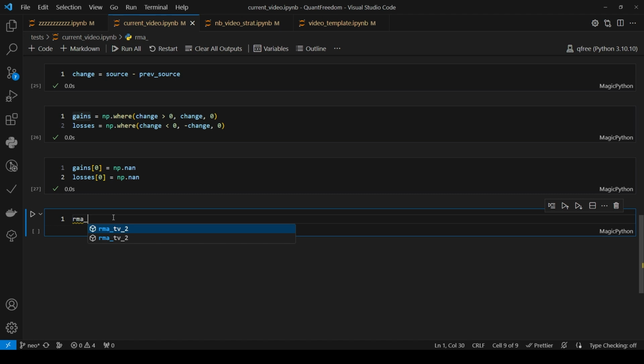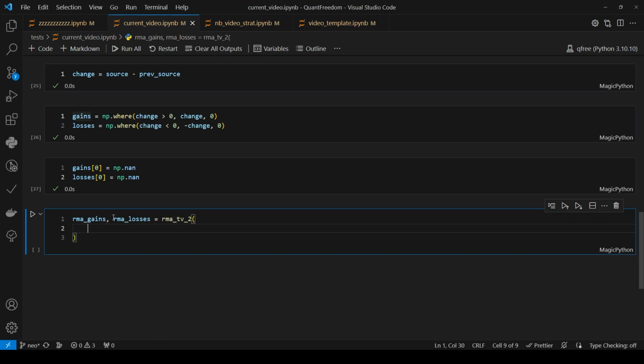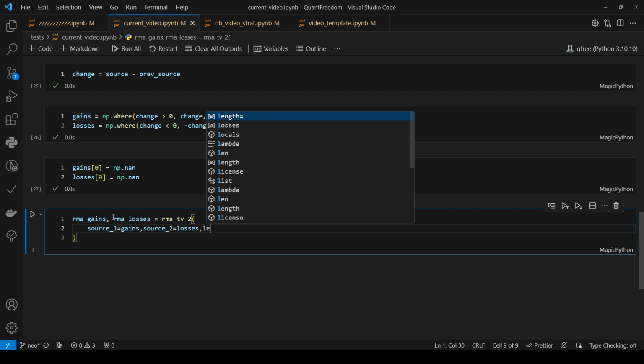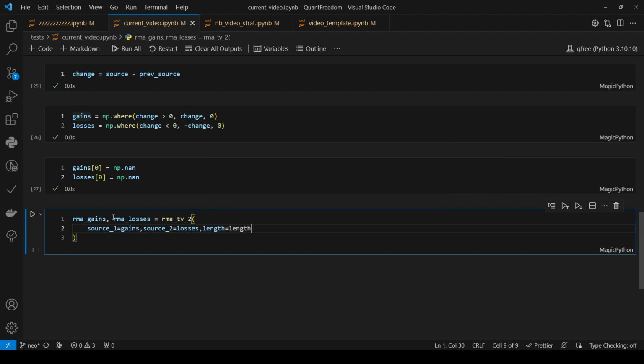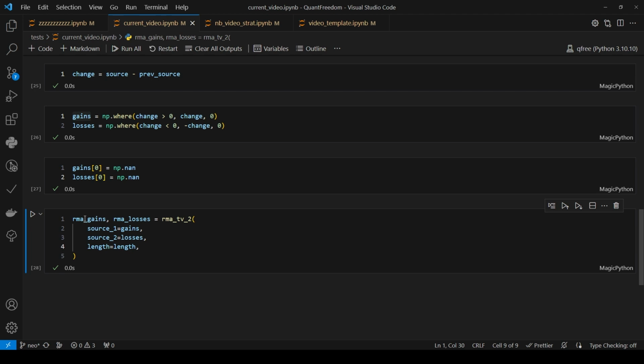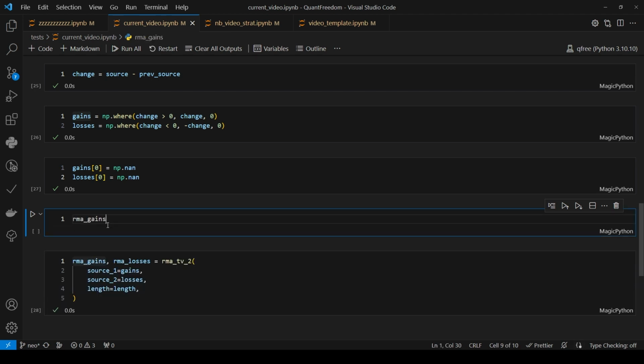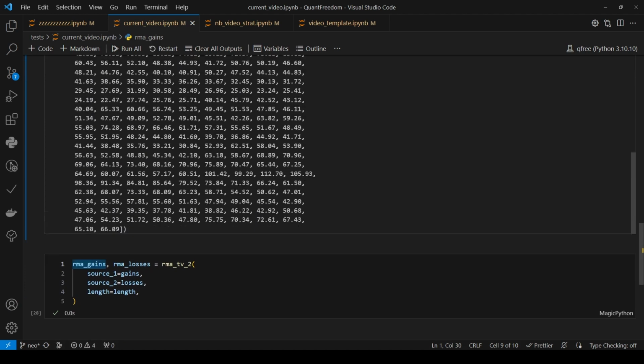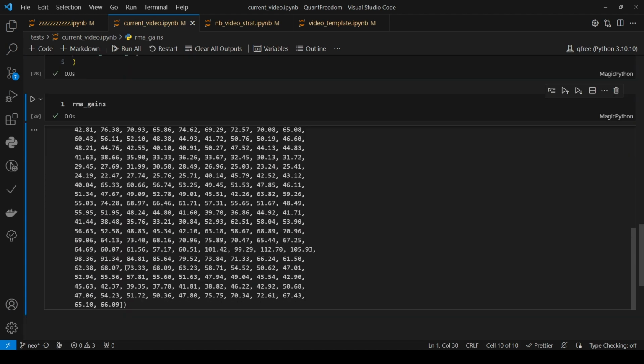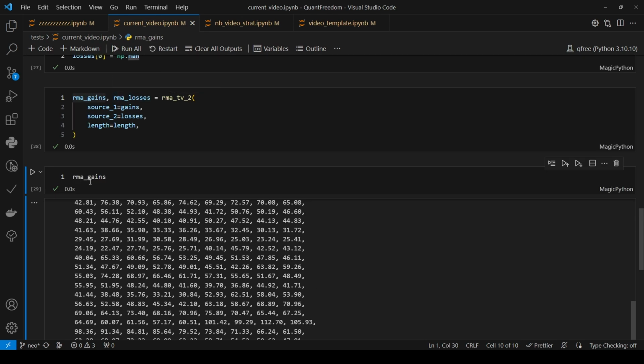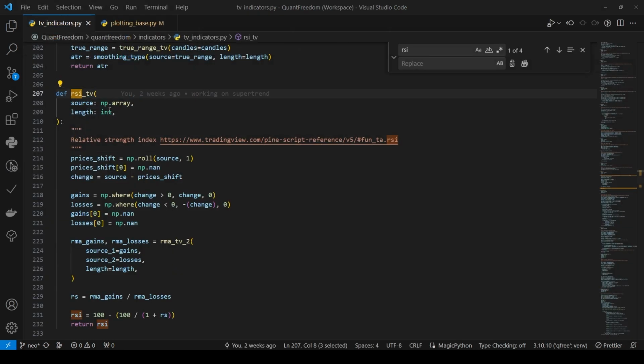So I'm going to say RMA gains and RMA losses equals RMA TV2. I'm going to say source 1 is gains, source 2 is losses, and length is length. That is going to spit out our RMA gains and our RMA losses. So this is basically an RSI moving average of your gains and an RSI moving average of your losses, okay? And again, the way that works is